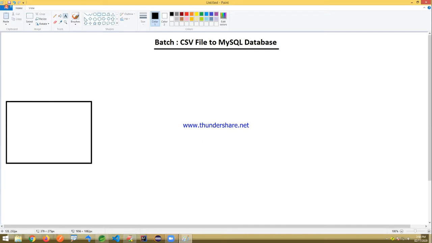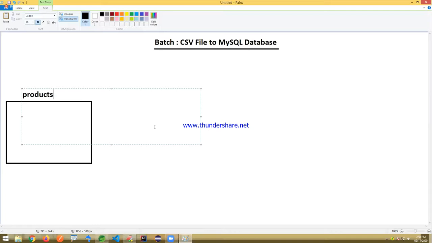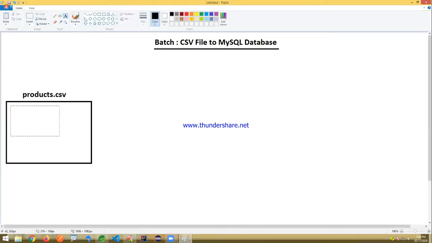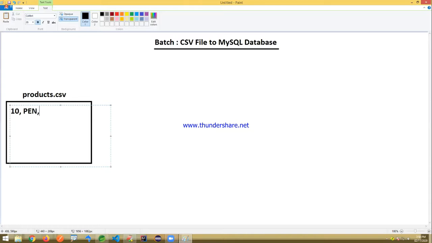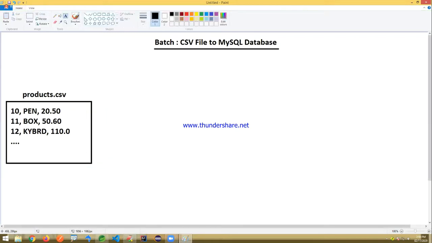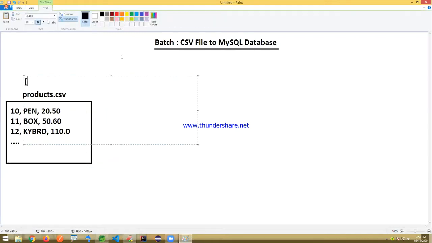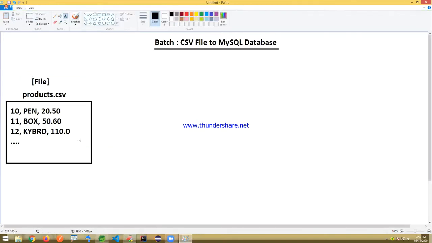I'm just taking one example, products.csv, comma separated values. 10 comma, pen comma, 20.50. 11 comma, box comma, 50.60. 12 comma, keyboard comma, 110.0. Like this, multiple values are there. It's one file. From this file, I want to read the data.